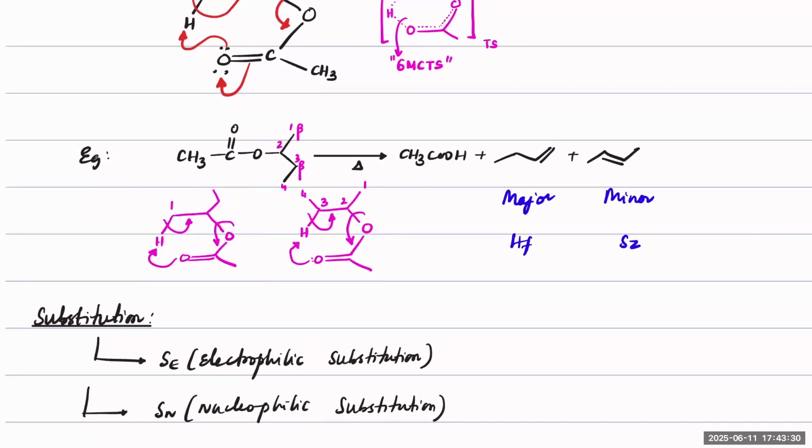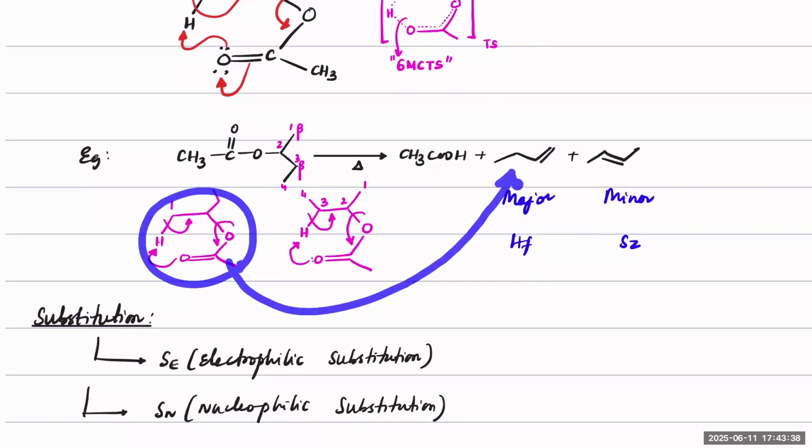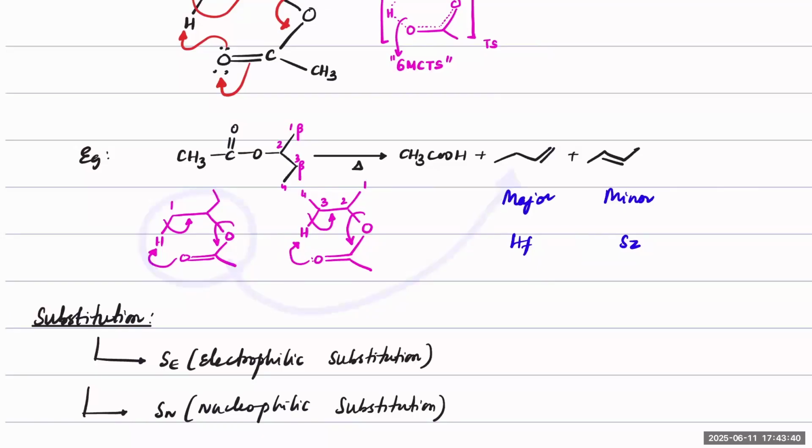So therefore, the more substituted form getting converted into an alkene is rare. The less substituted group converting into an alkene is more observed. That's why Hoffman is major here. This part is clear? Right. Next,